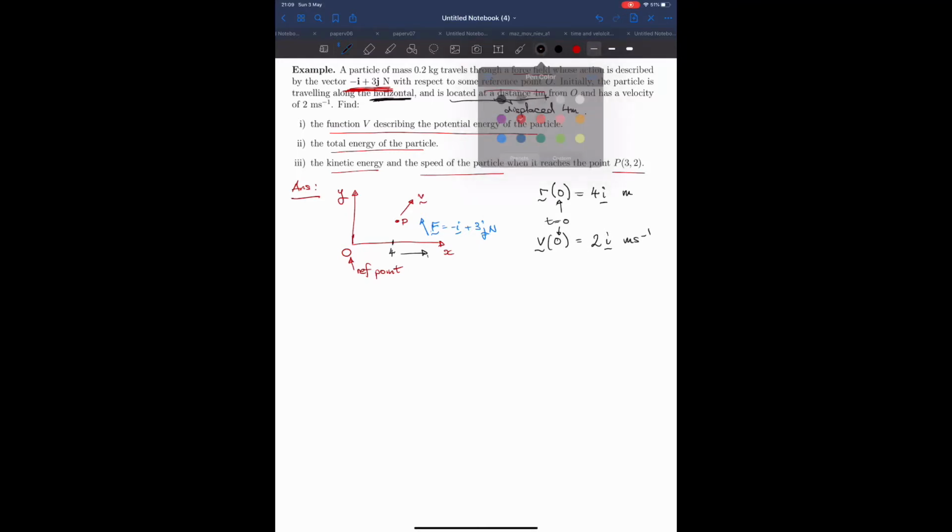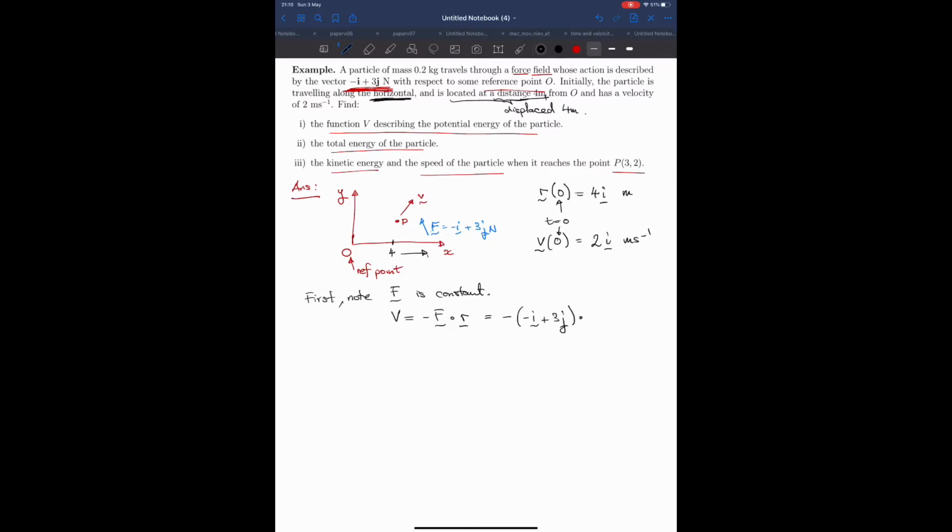So first of all, I'm going to note F is constant. So this means its potential energy is minus F dot r, which is, and I'll derive this from scratch, minus i plus 3j